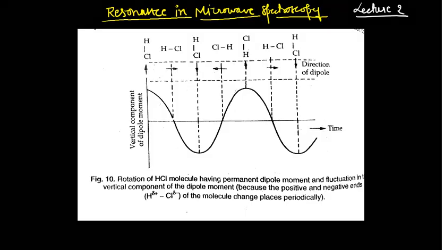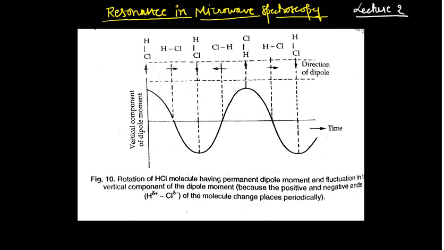Now this is my second lecture, which is resonance in microwave spectroscopy, and I have also discussed the concept of resonance in NMR spectroscopy. But see guys, it is very important to understand resonance in every kind of spectroscopy, because only when we understand how resonance works in a particular spectroscopic technique can we generate the spectrum. So basically resonance will give you the idea of how we generate a particular kind of spectrum.